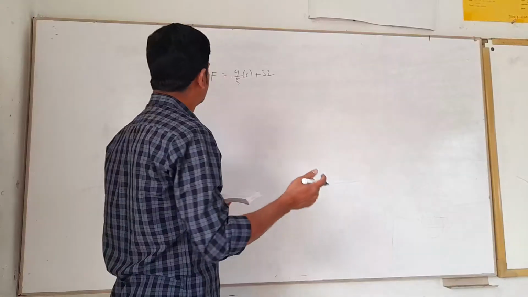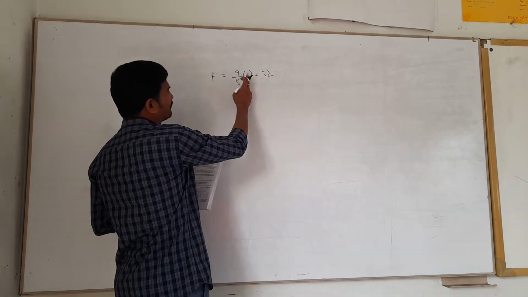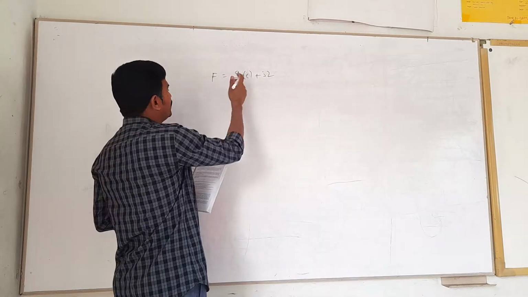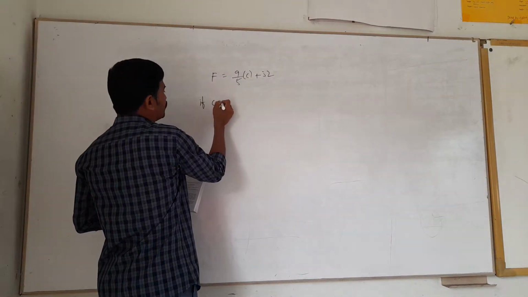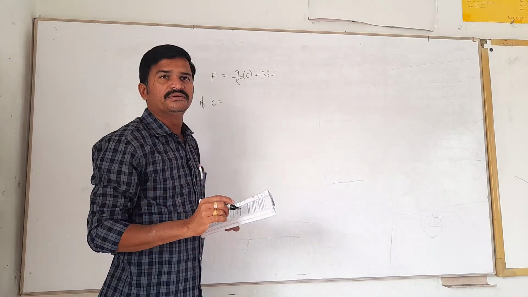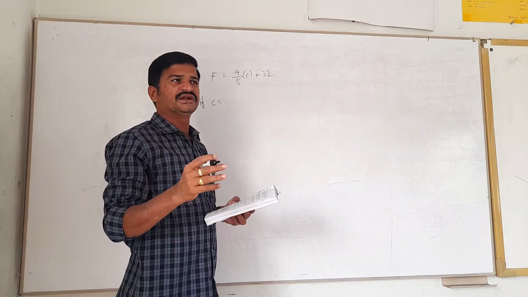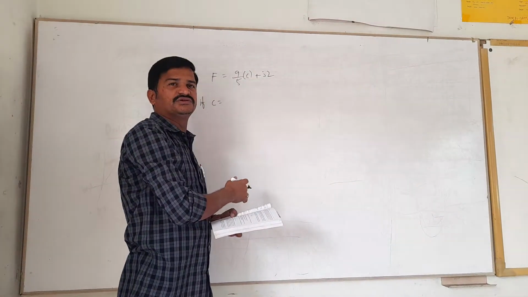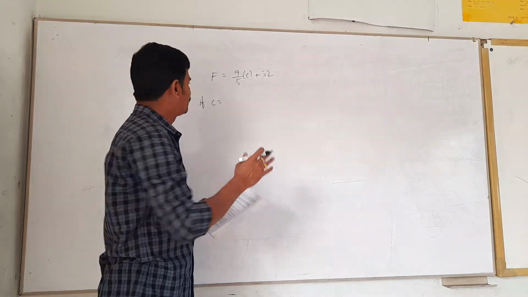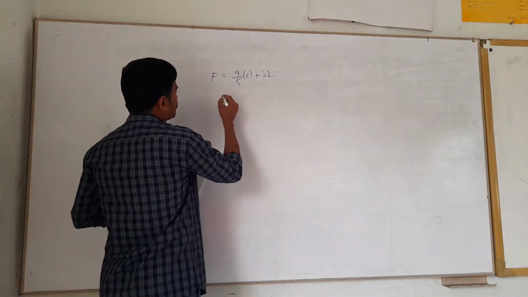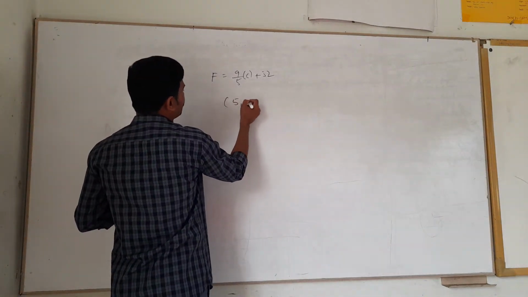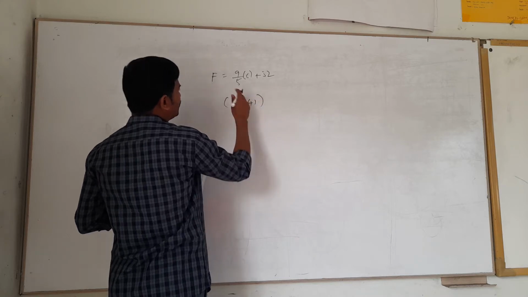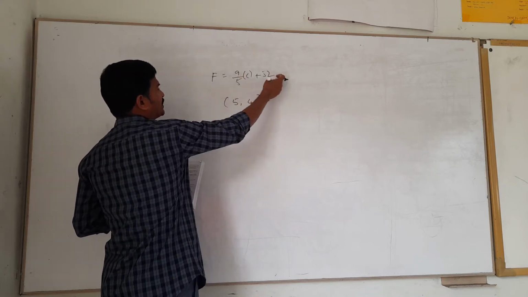5 and 41. But suppose you take 5 in the place of C, do you have the books with you right now? See, what are the points directly, why do the entire solution again? Only the points you can tell me. 5 and 41. Yes, the points are 5, 41, am I right? 5 will get cancelled, 9 plus 32, 41.